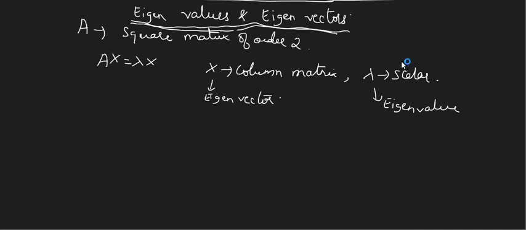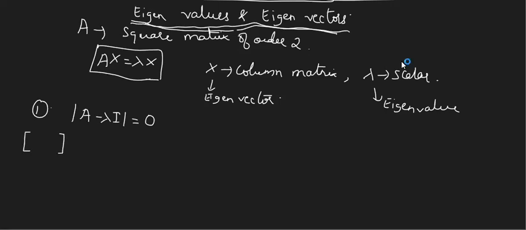So this is according to the definition, but we have a proper procedure for this. If you want to find the eigenvalues and eigenvectors of a square matrix, first you have to form one equation. This is called the determinant of A minus lambda I is equal to 0. If you write two vertical lines, it is a determinant, which can be expanded. If you write it in bracket format, it is a matrix. Hope you know the difference.